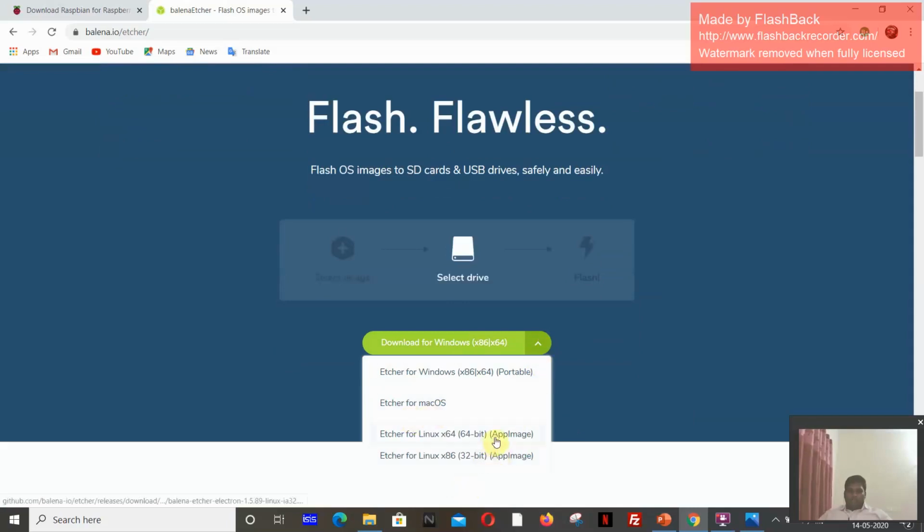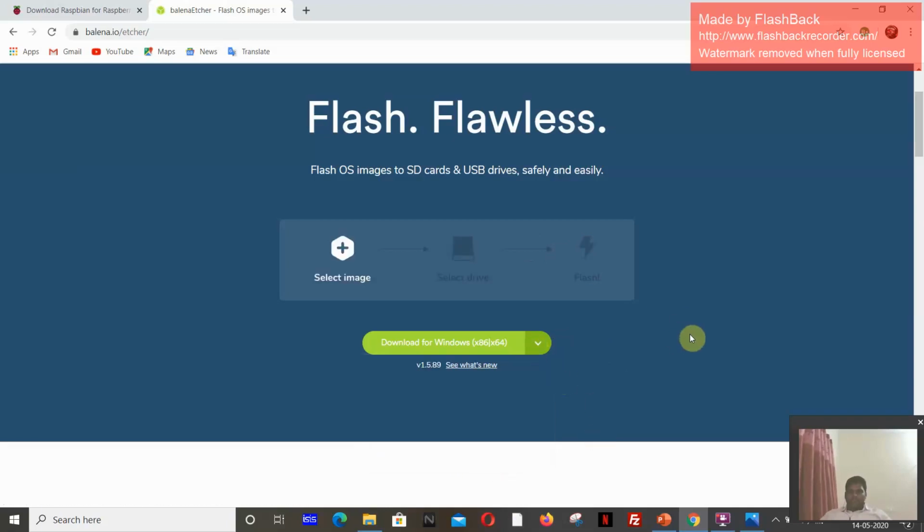There is a 64-bit version based on your laptop's requirement. We can download for Linux, Microsoft Windows, Mac and all. See, Windows, Portable, Mac, and both Linux, 64-bit and 32-bit.